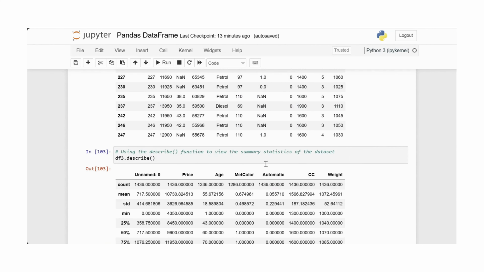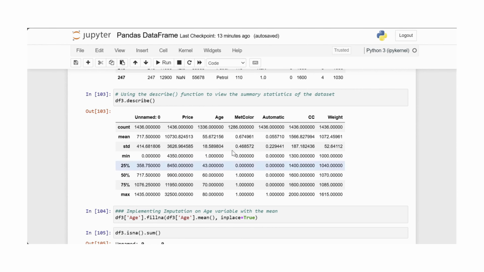So let us move on to using descriptive statistics for imputation decision. The describe function in Pandas is incredibly useful for getting a quick overview of the statistics that summarize the central tendency, dispersion, and shape of a dataset's distribution. By examining these statistics, you can make an informed decision on whether to use the mean or median for filling missing values. From the output of the describe function, we can see that price variable detail like the mean value